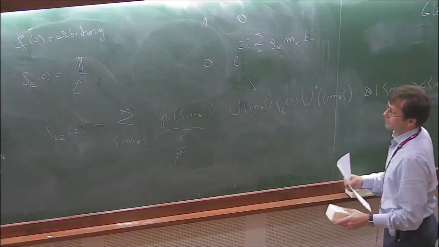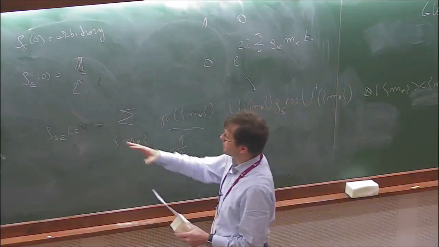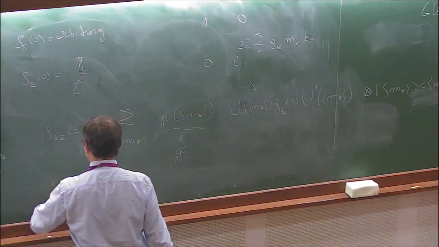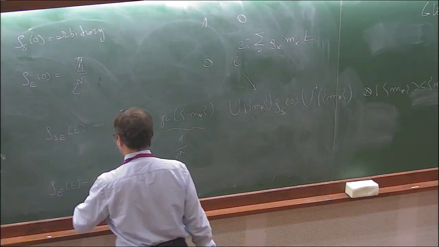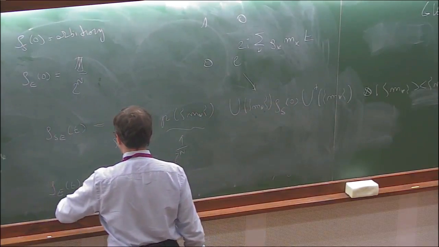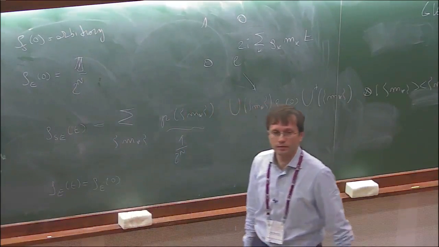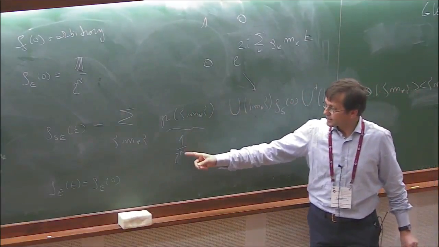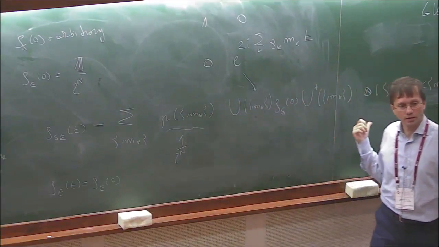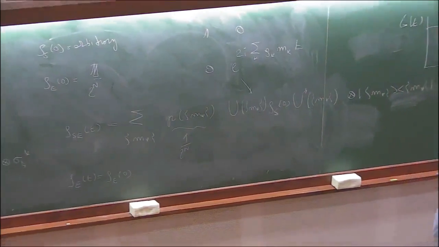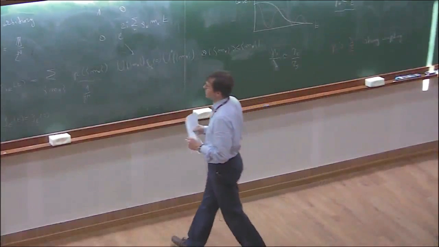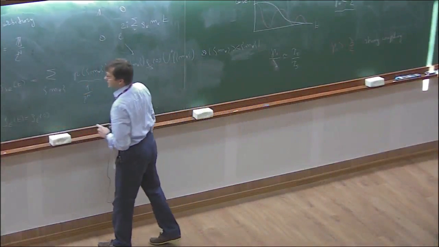Now, given this expression, by taking the partial trace with respect to the system, you can obtain the state of the environment at time t, but this is simply unchanged. So this is equal to the state of the environment at time t0. Because if you trace out this part, you have just the sum of 1 over 2^N of all the possible, this is a complete set, so just an orthogonal resolution of the identity. So the environment is left unchanged.